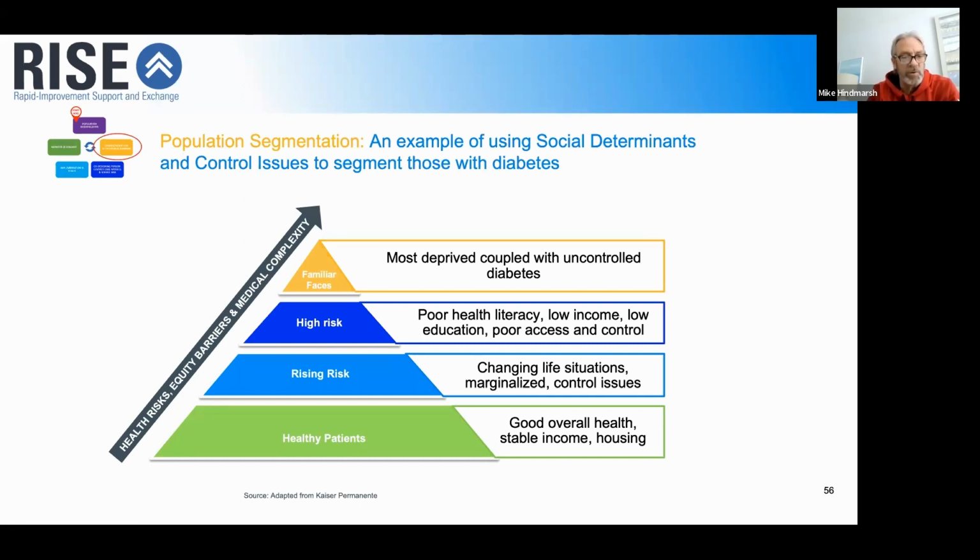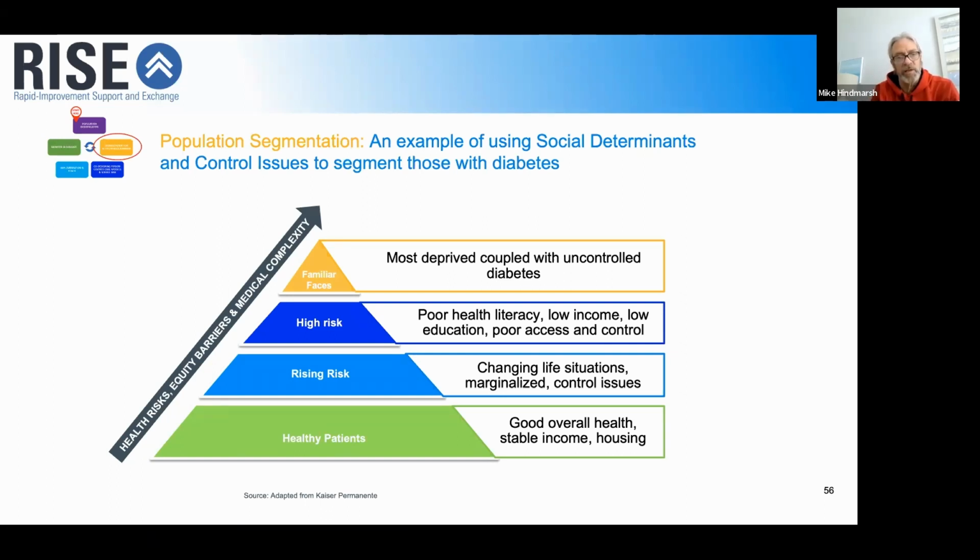The higher risk people are folks with poor health literacy, low income, low education, poor access to the system, as well as poor clinical control. And then clearly the complex could be the most deprived people coupled with uncontrolled diabetes. Now there's going to be mix and matches within those various strata. But it's just to give you a sense of how you can start thinking of the population and how you start stratifying them